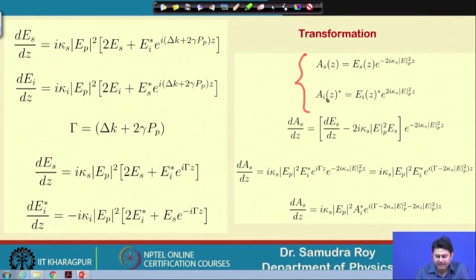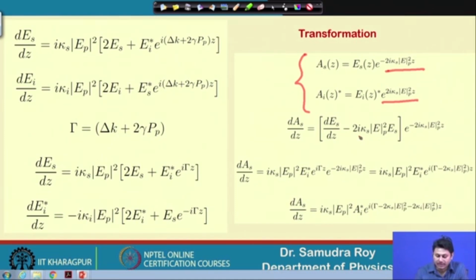So, I take AS as ES e to the power of 2 i kappa s |Ep| square z. This is the transformation I took. Also for AI(z) I took another transformation, which is EI(z) star e to the power 2 i kappa |Ep| square z. Why I took this particular form, you should know